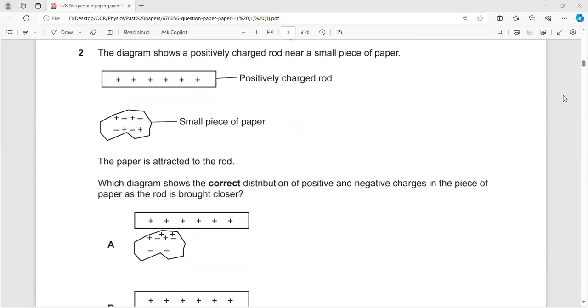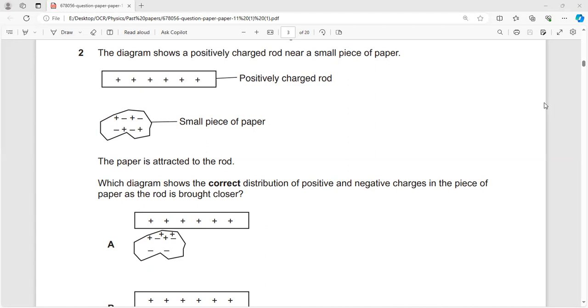Question number 2, the diagram shows a positively charged rod near a small piece of paper. So this question is related to charge induction. For example, if you are bringing the positively charged rod near the piece of paper, the positive charge will attract the negative charges on the surface of the piece of paper. In this way, that will generate a negative charge on the surface of the piece of paper,